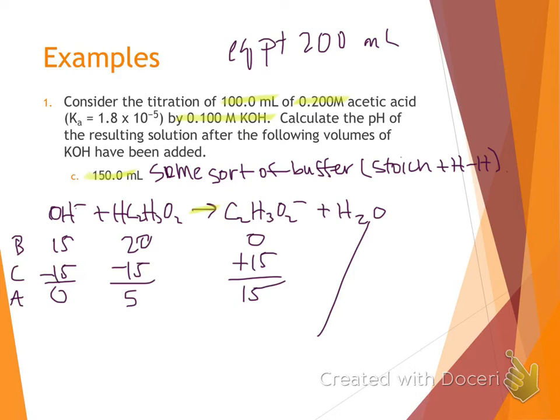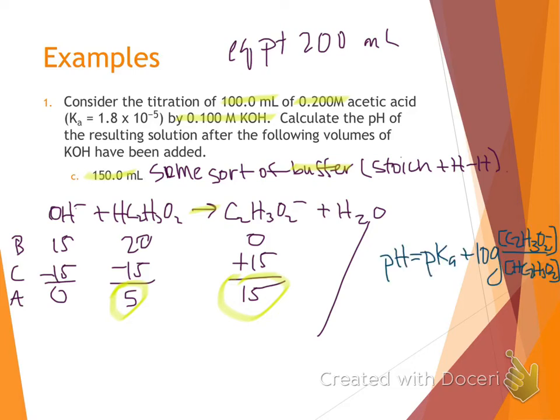All right. So I see here that, oh hey, I do in fact have a buffer because I have a mixture of weak acid and conjugate base. So if we have a buffer, we can use the Henderson-Hasselbalch equation. So that's pH equals pKa plus the log of base over acid. Acetate is our conjugate base and our acid is the weak acetic acid. But we need their concentrations. Right now, what we have is the millimoles. Well, to take our moles and get to concentrations, we need to divide by volume,